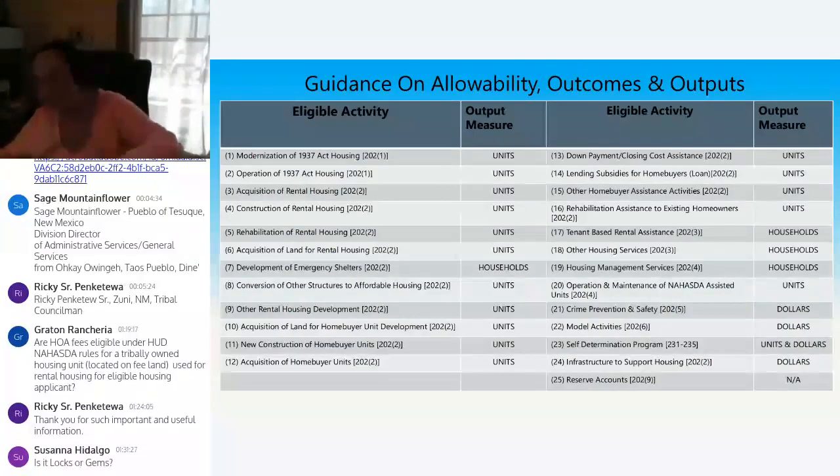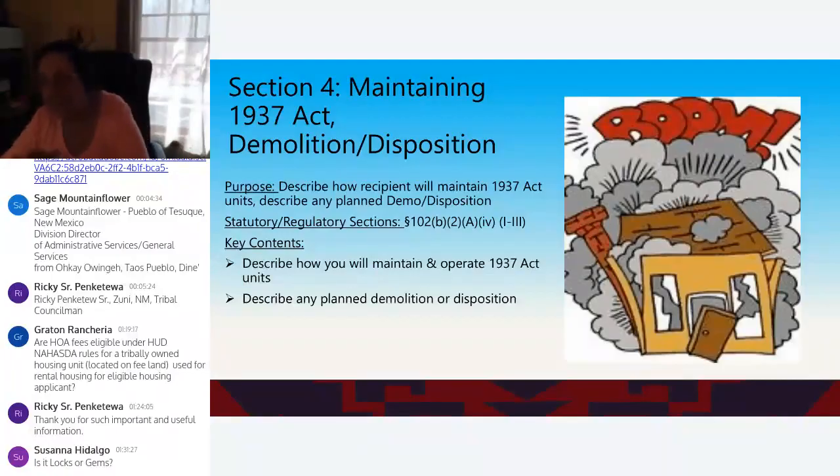So this is guidance on allowability, outcomes, and outputs, because depending on what it is, it's measured by unit, by dollars, by household. And there's an example for your use, just in case you need that. And then we have what we call demo dispo. Those current assisted stock that we were talking about,